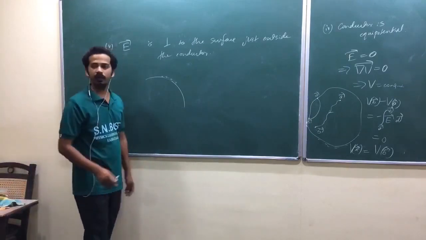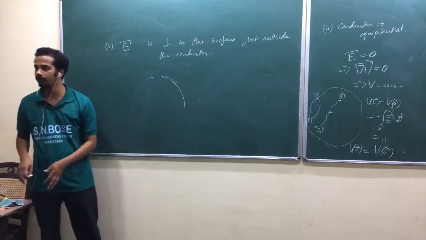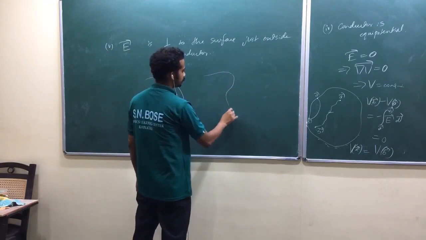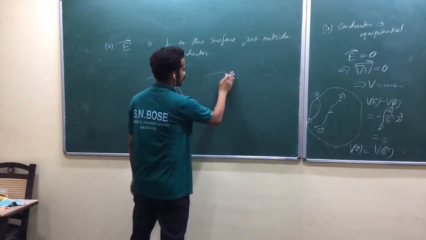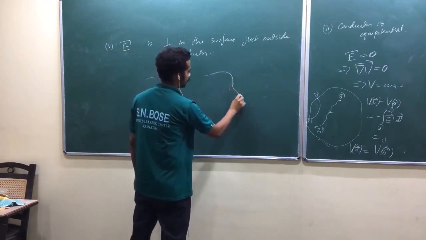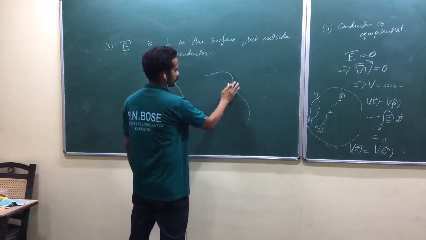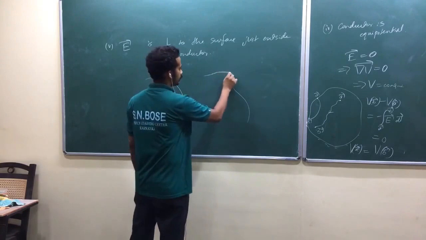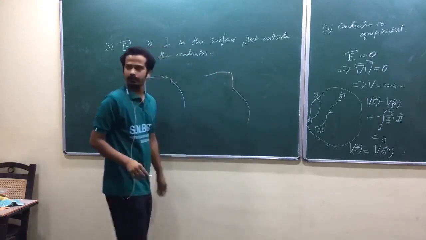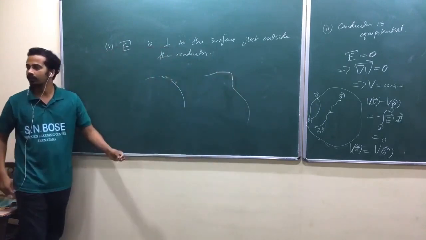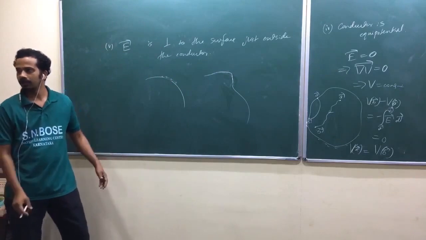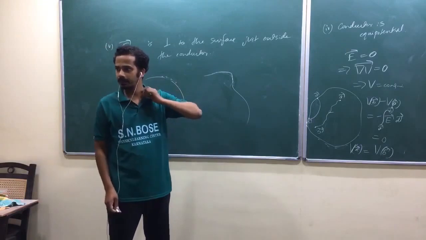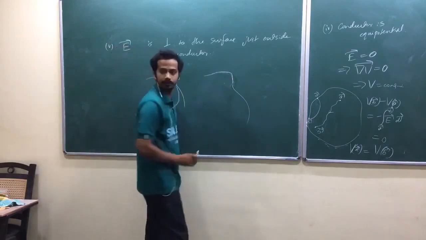No, that is for a uniform surface. You are arguing for a uniform surface, isn't it? Sometimes the surface may be non-uniform. Is that okay? So somewhere it is sharp and somewhere it is very, what do you call, like this. Somewhere it is sharp. So then you can't argue like that, isn't it? I mean, you are arguing for a kind of very symmetric problem, isn't it? Now again, yeah, speak out.